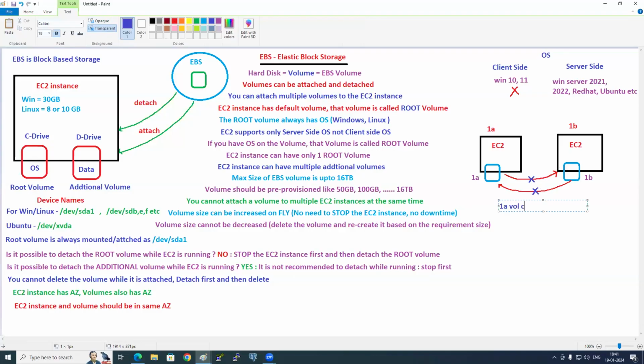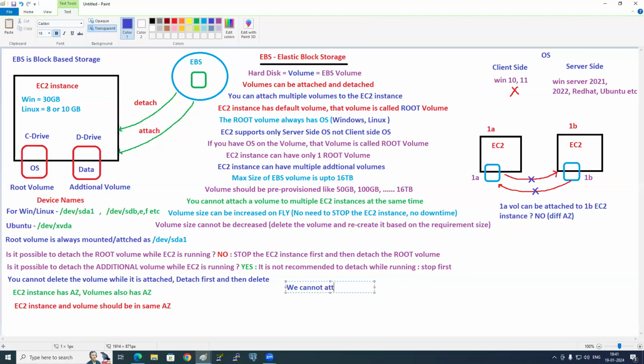Can a 1A volume be attached to a 1B EC2 instance? Answer is no, because it is in a different availability zone. Super, guys. So I'm writing it here.